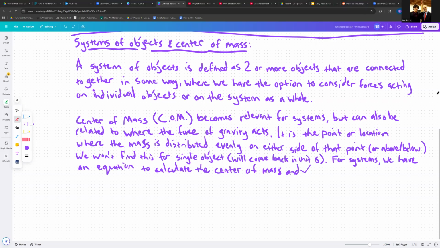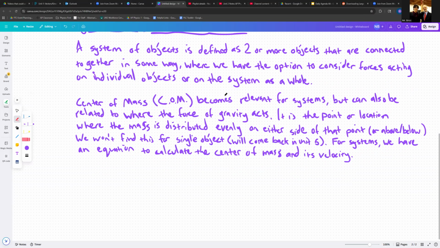This is an equation they had not added to the equation sheet, so you're probably seeing me be not super familiar with it because it wasn't on the equation sheet for a long time. For many years, it didn't show up on there. So we have a way to calculate the center of mass and its velocity. We'll talk a little bit about what we mean by the velocity of the center of mass, so we'll draw that out here. All right, the equation itself